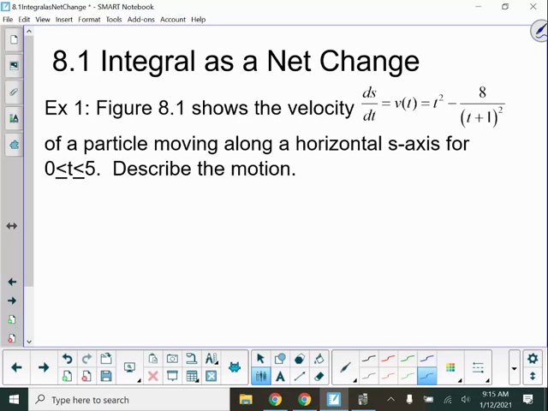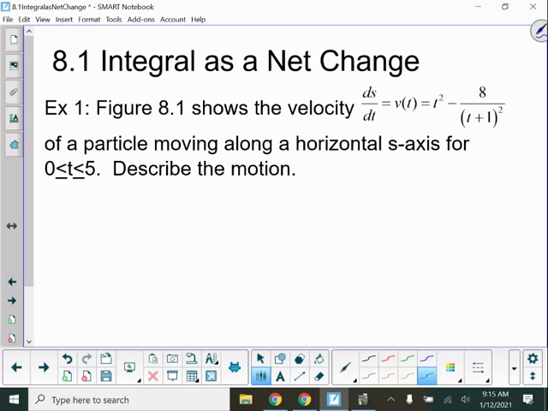Figure 8.1, that's in your textbook, is going to show the velocity, ds/dt, which is the same as velocity, is (t squared minus 8) over (t plus 1) to the second power, of a particle moving along the horizontal s-axis for t in between 0 and 5, and we need to describe the motion. So your motion,